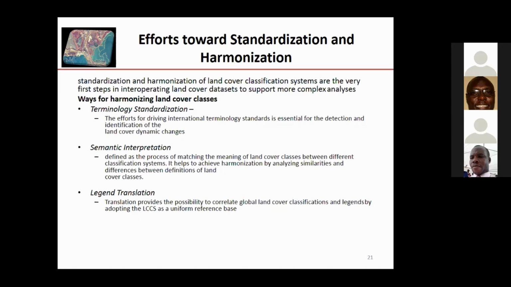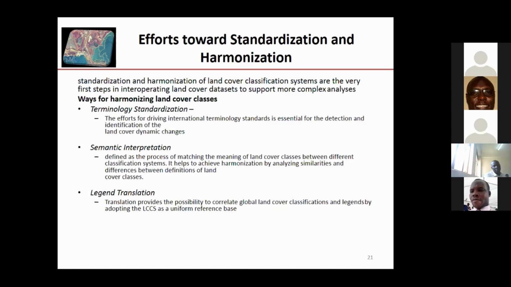Now, another way of harmonization is semantic. So you have two land cover classes, and you can match them based on the semantic interpretation of those land cover classes. You match them based on the similarities and differences within the definitions of the land cover classes. In the first one, you just have a definition, and it's just like a glossary. I always call them informal definitions, sort of like informal